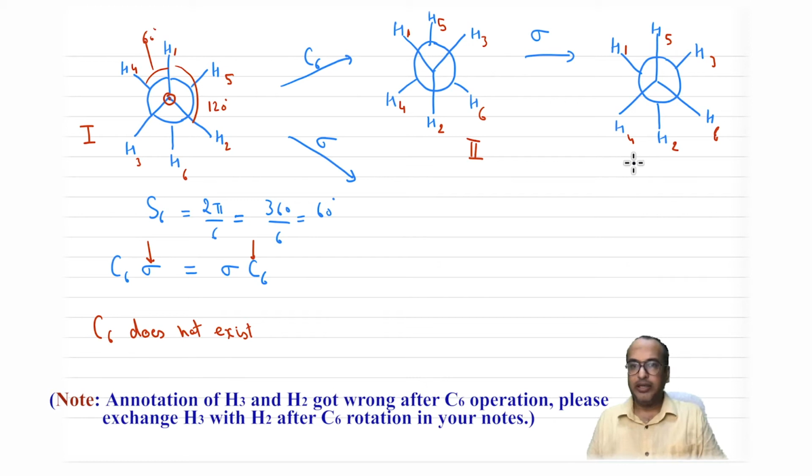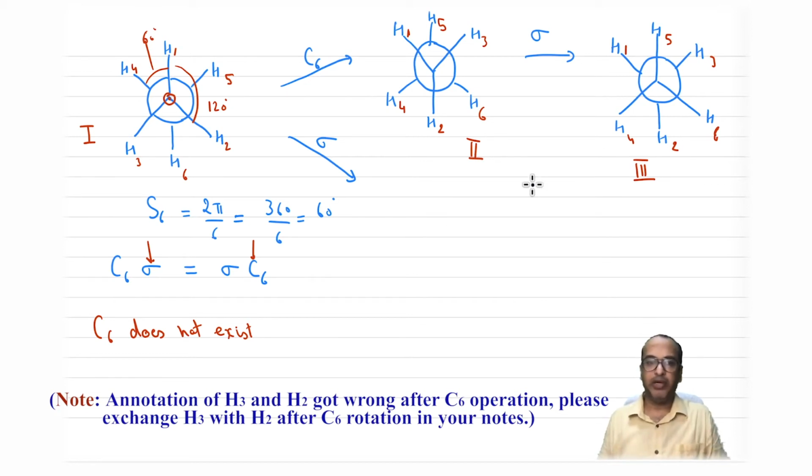Now you can see, let's say if this is our third, so first and third are equivalent, because this is inverted y, this is inverted y over here, and then there's the upright y at the back, upright y at the back. So you can clearly see that the first and third orientations or configurations are equivalent. So we can safely say that S6 exists, right? S6 is a product of two symmetry operations. The first is C6 and the second is sigma. So we have seen that it does exist.